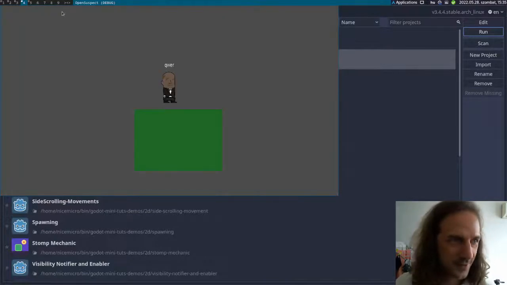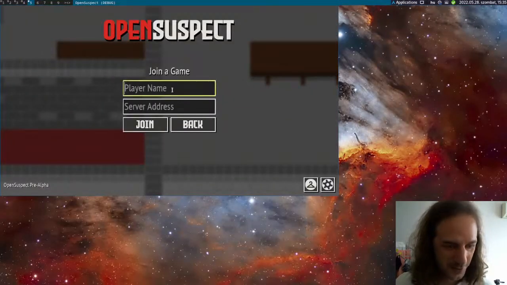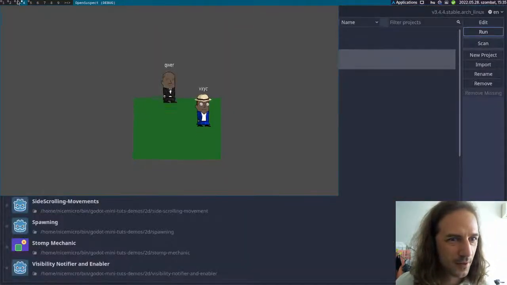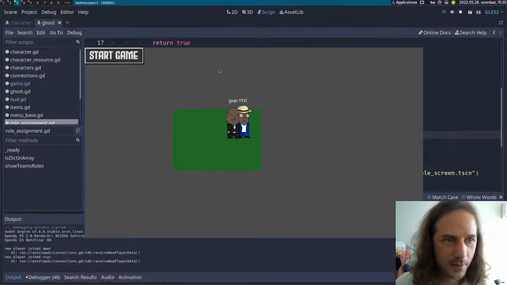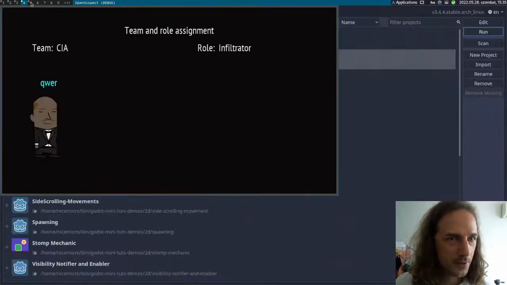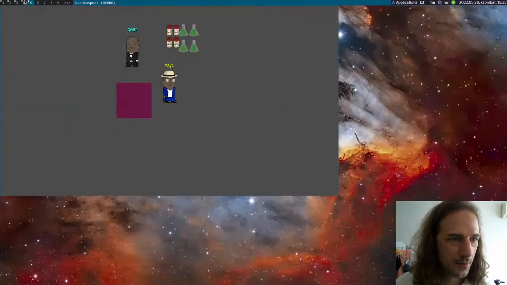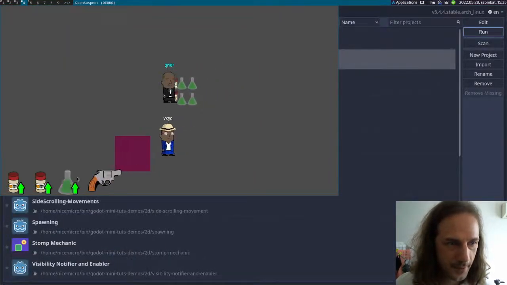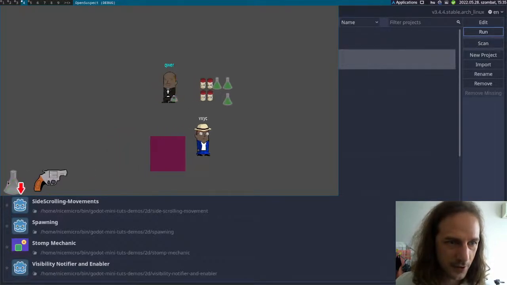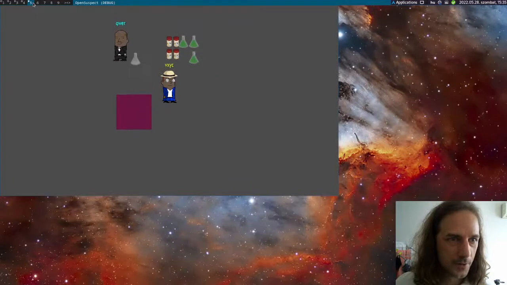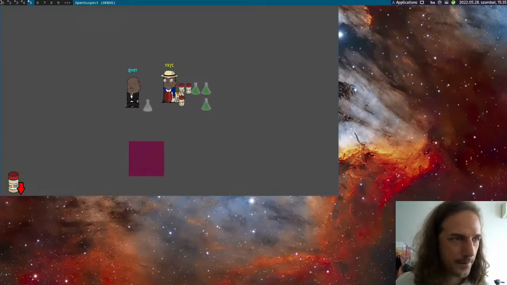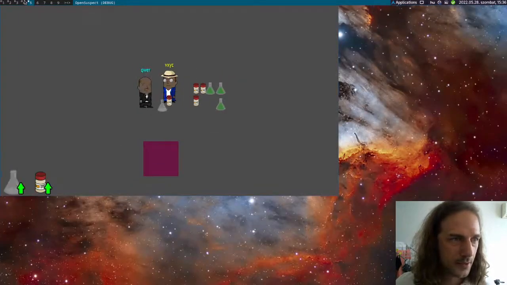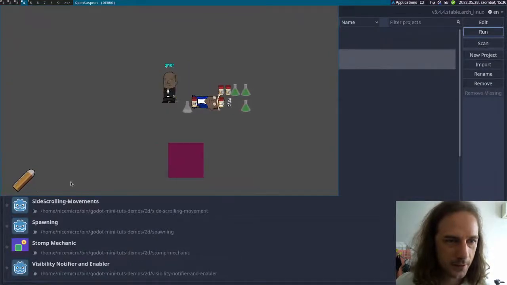So localhost 2. It sounds like a Japanese localhost. Okay, so movement is synchronized properly here, but let's start the game. And of course, it's just going to be the empty screen for our dedicated server. Things like object interactions seem to be working properly. That's nice. Okay, now if I kill this person,